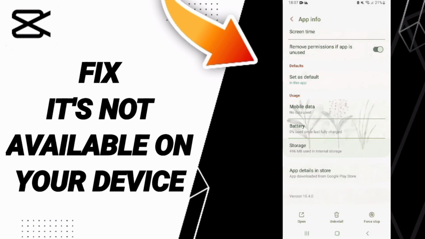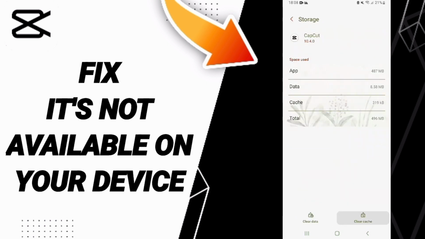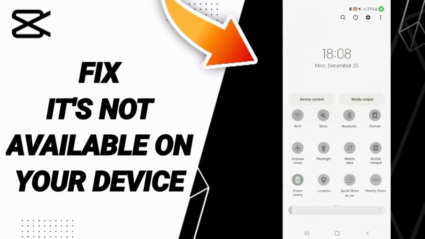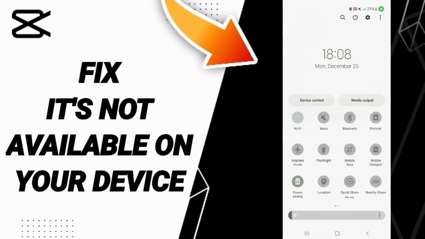Here we'll enter the window of storage. Then we can click clear cache. Don't click clear data because that can cause you errors in your app. In the end you can turn off your Wi-Fi and you can wait a moment to turn on your